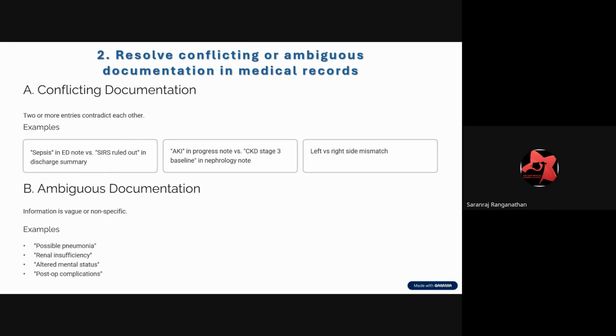Not only in the ED, it is like that in all the outpatient. We don't code any suspected or possible condition. That is what our guidelines say. But when it comes to the inpatient, slight adjustments are there. IPDRG means already inpatient. When I'm going as inpatient, nothing is possible, nothing is suspected,